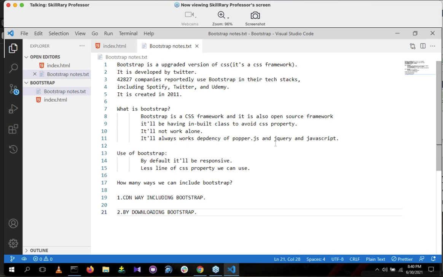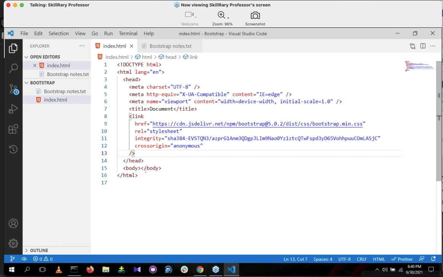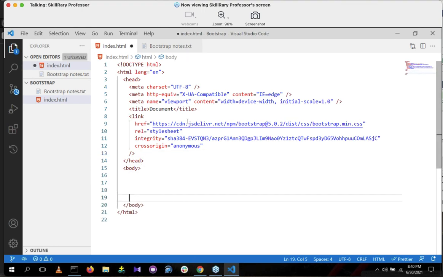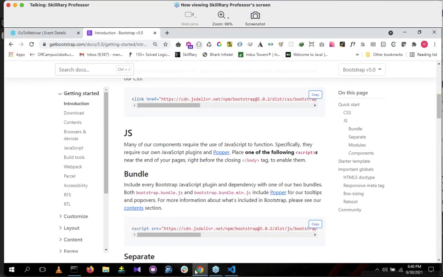Popper.js, JavaScript and jQuery. And here in the body part, CSS will always be in the head part, but JavaScript and jQuery will always be in the body part. That is a good practice, guys.